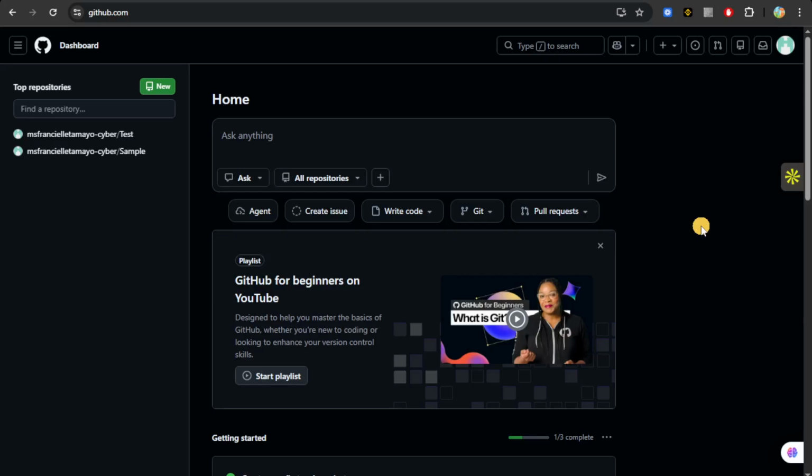If you want to pull from a repository on GitHub, this is how you're going to do it. So first things first, of course, you're going to head over to github.com. And then from here, you're going to make sure that you're logged in or you're already signed up to an